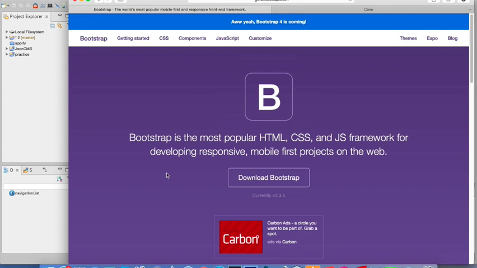So this is basically a front-end framework, and what that means is that it's going to give you a startup platform. So you won't have to create your own CSS style sheets, or if you want to create a slideshow or a slider on your website, you don't even have to go the extra mile of creating those extra JavaScript scripts to create that slider. So what we will have to do is download this front-end framework,